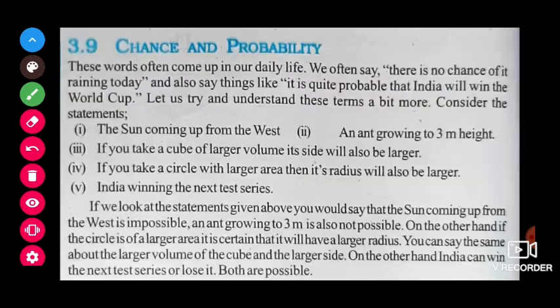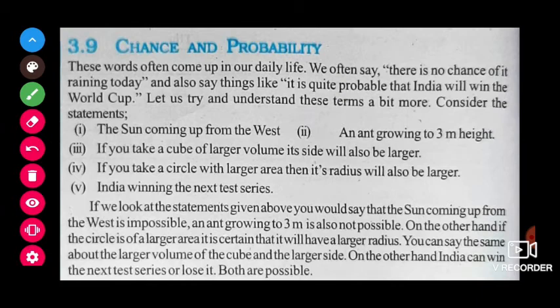Next topic is chance and probability. What do chance and probability mean, children? First come to chance. Chance is a word which we use very usually in our daily words, children. We say, today there is a chance of rain. Today there will be no chance of rain. Based on this chance, we decide whether some particular event will happen or not. Here again, children, we have two things: one is a certain thing, one is an uncertain thing. Okay, before going into that, first we will see different examples which define chance.